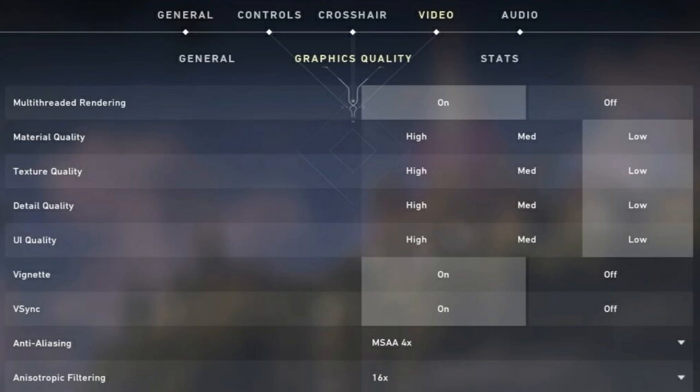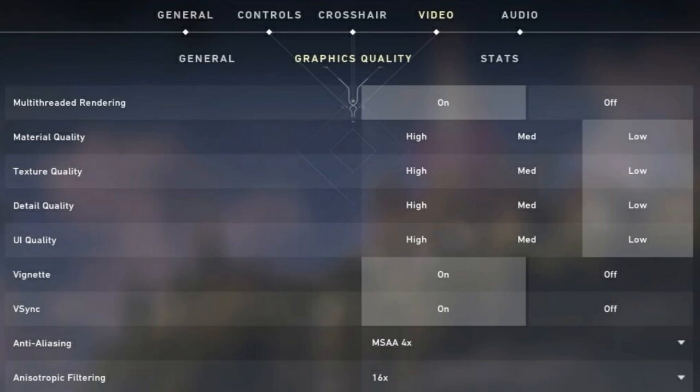And after doing this, if you have some trouble, you can change it to mid, but make sure it's not set to high. If it's set to high, there will be a lot of FPS loss. Rest, Vignette and VSync, you just try disabling these options, okay? But after going back, if this doesn't work, then you can enable them again, okay?